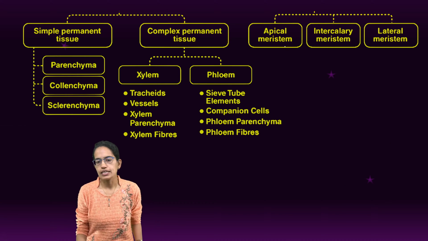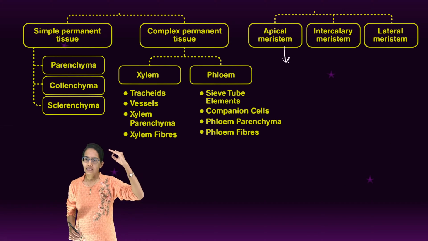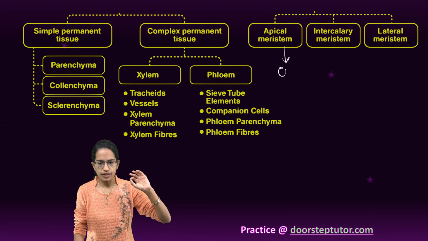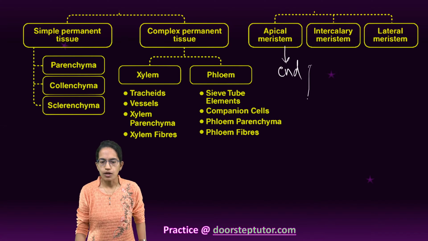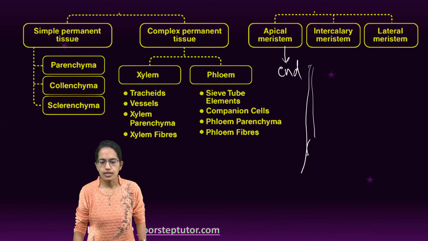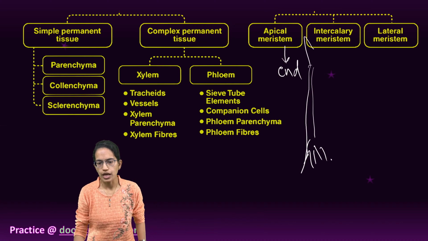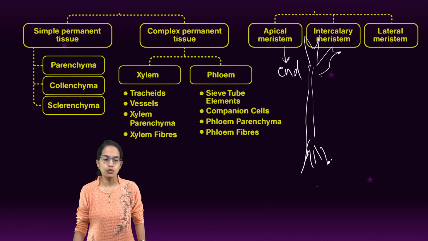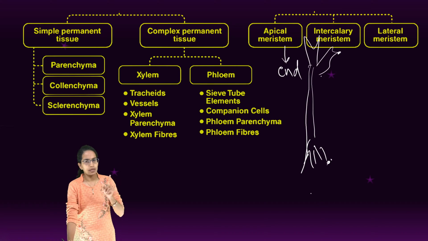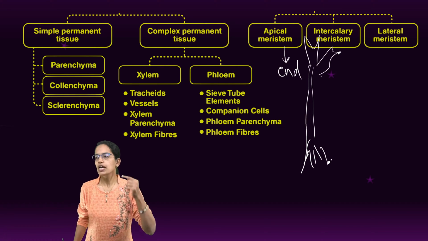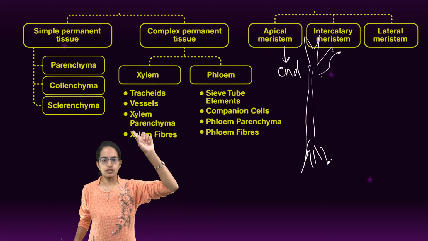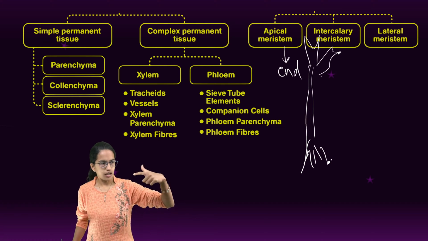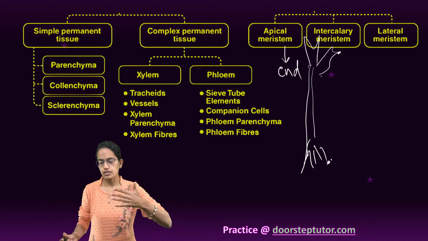Let's understand each of these. Apical means the tip. That means the end. Now, when we talk about a plant, this plant has a growth in terms of root as well as shoot. So, the tip of the shoot as well as the tip of the root, both would have this apical meristematic tissues, and the idea is to increase the length of the plant. So, it could be upwards as well as downwards in case of roots.